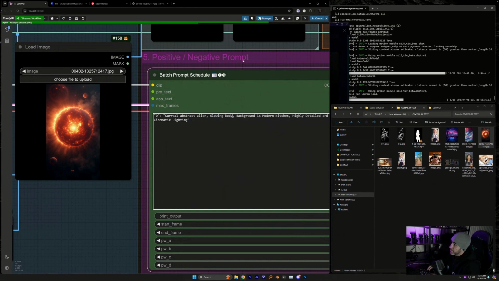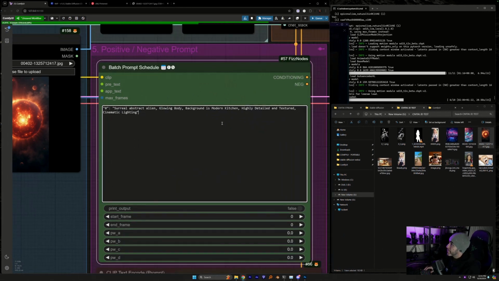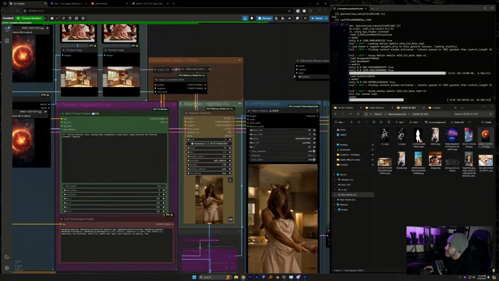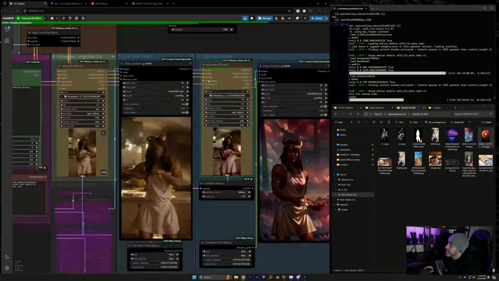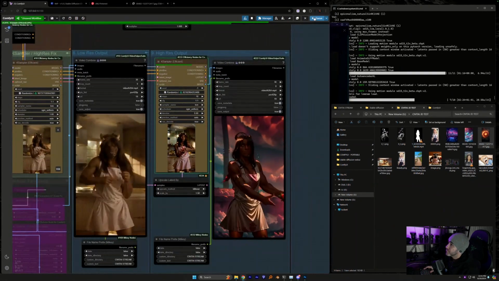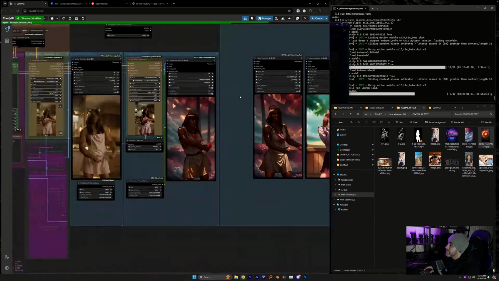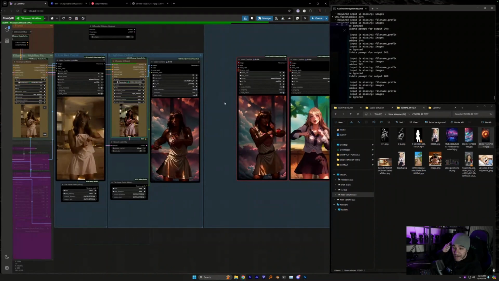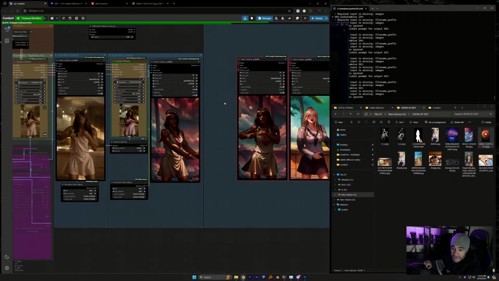We'll say glowing body, and background is deep space. We will go with that. And we're going to run that one and see what it gives us. It'd be interesting to see what the anime does to that one.